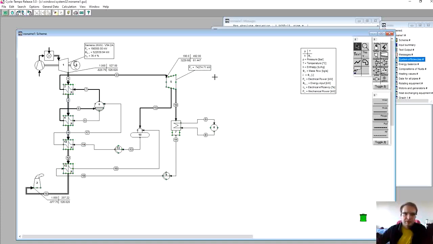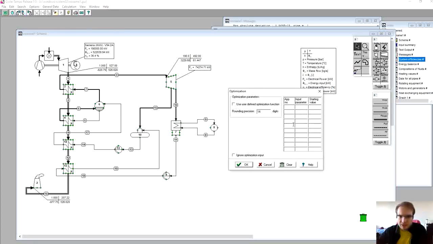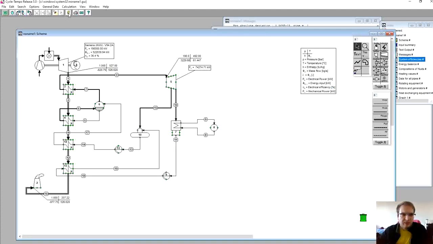But if we want to make sure that we maximize the efficiency of the cycle, we have a tool for that here in Cycle-Tempo. So in calculation we can click on the optimization option. Then we will say that in number of apparatus 11, which is our pump, we want to modify the outlet pressure, and as starting value, let's use the 180 that we had in there. Now running our problem,